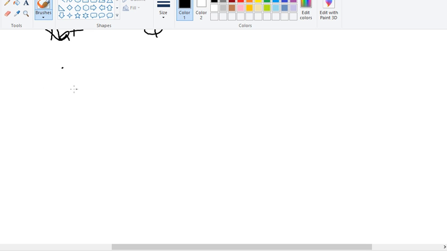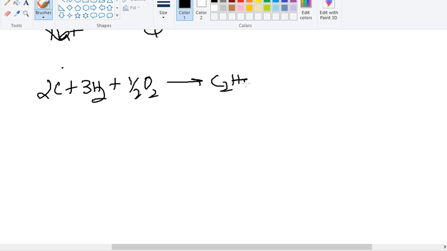Apart from NaCl, like if I need to form ethanol, what will be the reaction for enthalpy of formation? C2H5OH is ethanol: 2 carbon, 3H2 and half O2. I know you can't believe your eyes, but such a reaction is written for enthalpy of formation. It means you can see from the constituent elements we are making this compound. So in this reaction, the amount of energy released or absorbed is called enthalpy of formation. Yes, I know it is a theoretical term, sometimes it is theoretical or sometimes it is practical also, but it is a very important term.